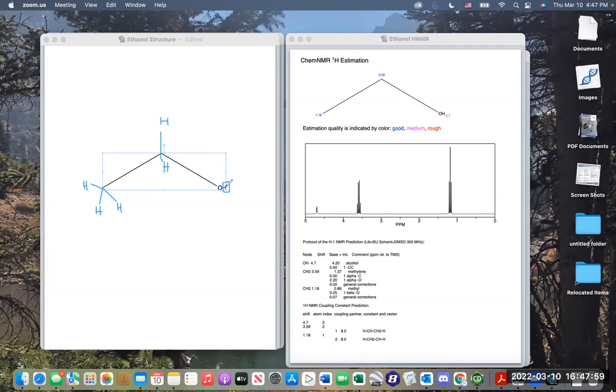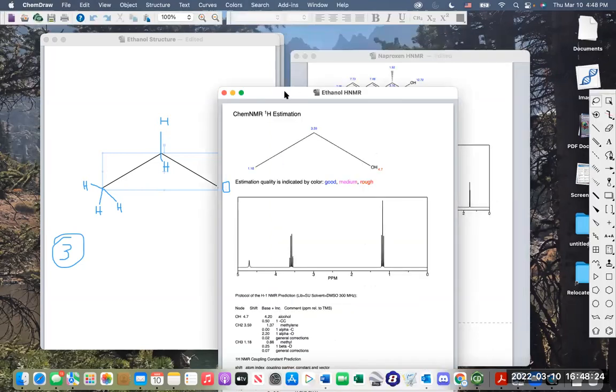So now that we've established that there are three signals present in the proton NMR spectrum of ethanol, we're going to go ahead and go into further detail about each respective signal. We'll start by discussing the location of each signal. So as you can see over here, we're looking at,